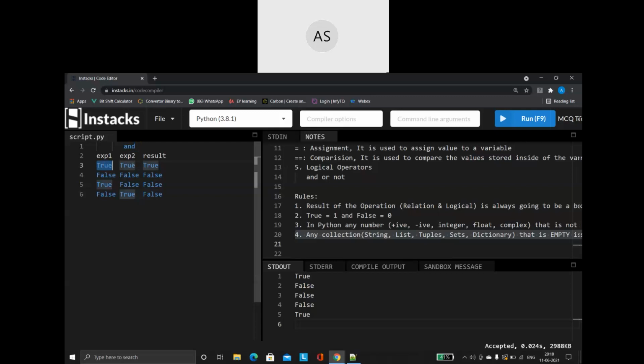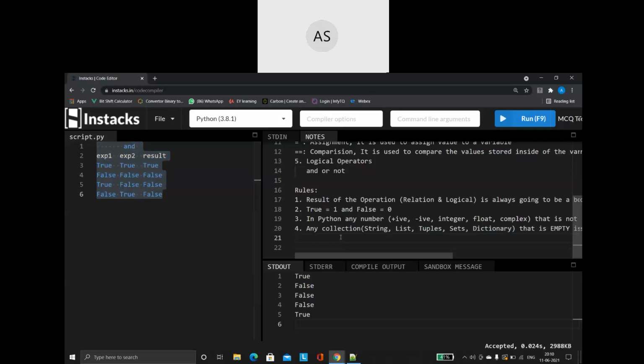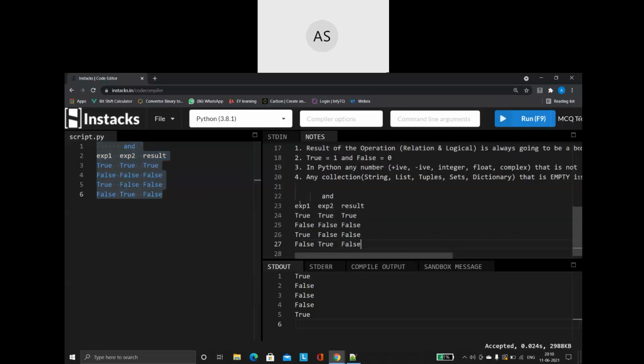Only then will my result be true. Otherwise, the result is going to be false. Any other combination, the result is false. This is what we call the truth table for the AND operator.